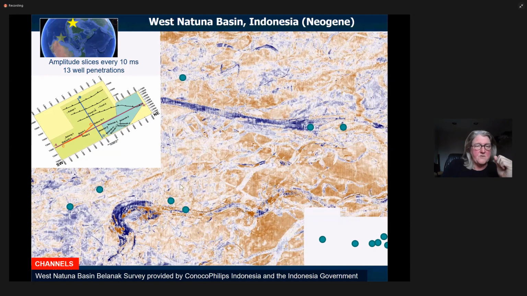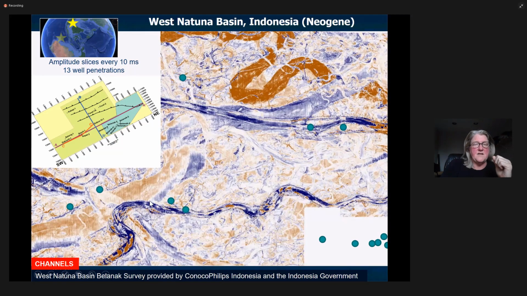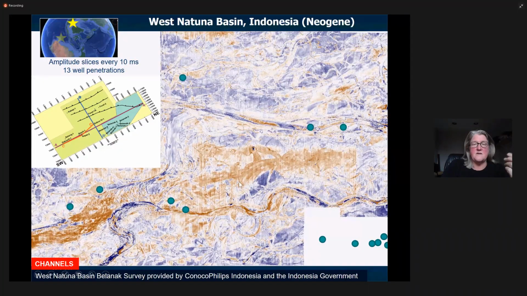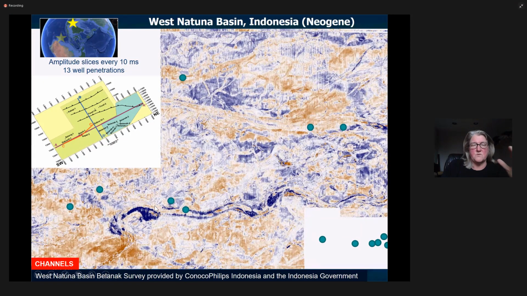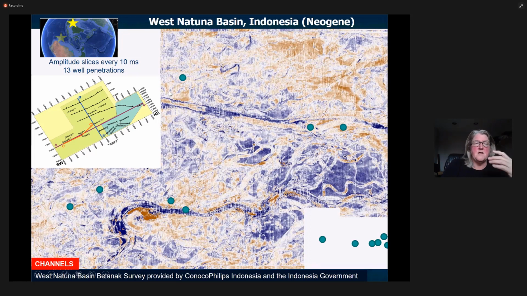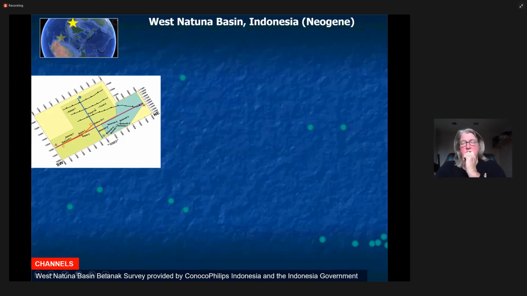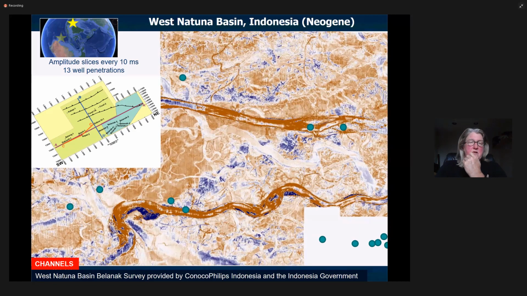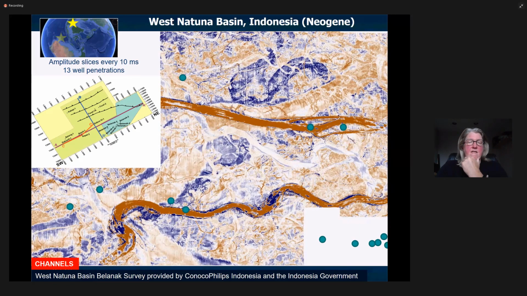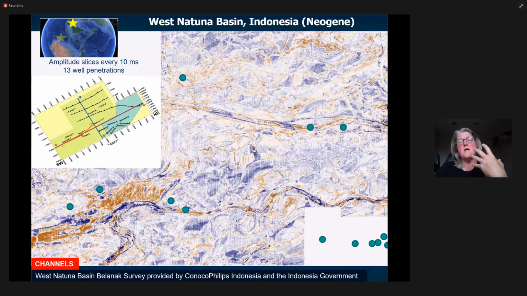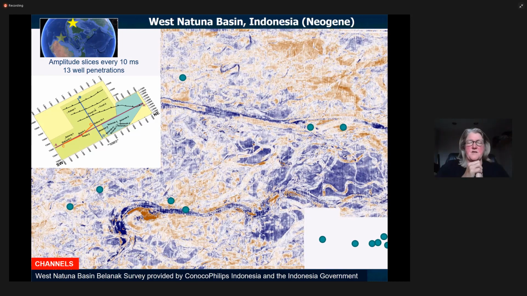Okay, and you can see there are systems that are running northwest-southeast. There are systems that are running northeast-southwest in here. There are these really high amplitude, moderately sinuous features that are busting through. There are these really low sinuosity features that are busting through. So there's a really huge complexity. And when I show this, the green are well penetrations. But when I show this data from the Balantic and the Gabas areas, engineers pale, right? Because there's so much complexity in here that they just want to upscale everything. But you can at least upscale things with some knowledge of the architecture of the systems and what you're doing.